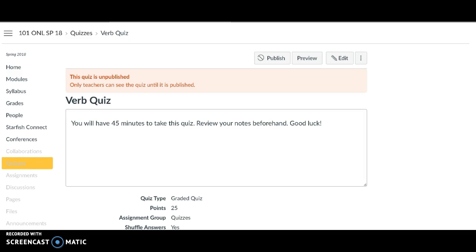If you need help with this, go back to weeks 10 and 11 and take a look at using strong verbs versus weak verbs, the practices, all of that, so that you can make sure that you are going to be very good at getting rid of to be verbs in these sentences for the quiz, as well as removing passive voice and making it active. So that's something you really want to review before you sit down to take this quiz.